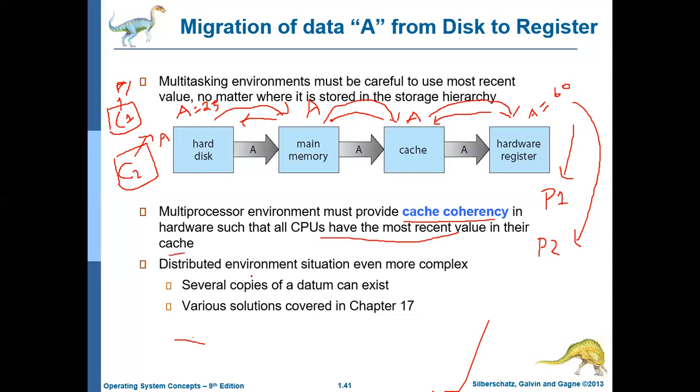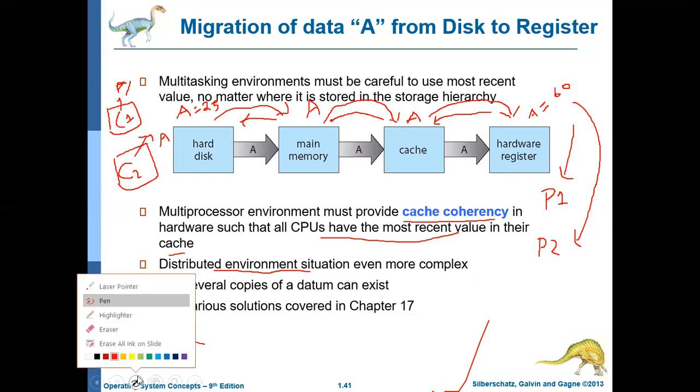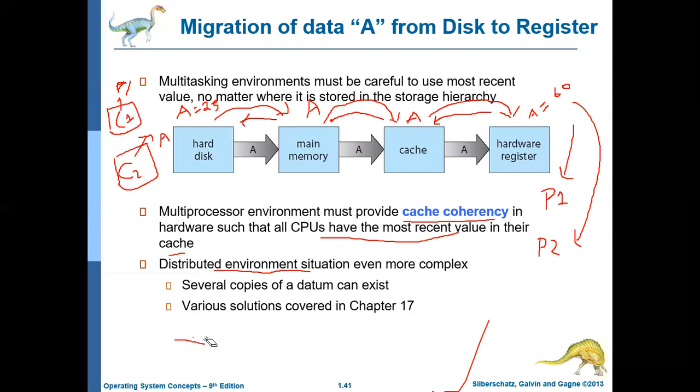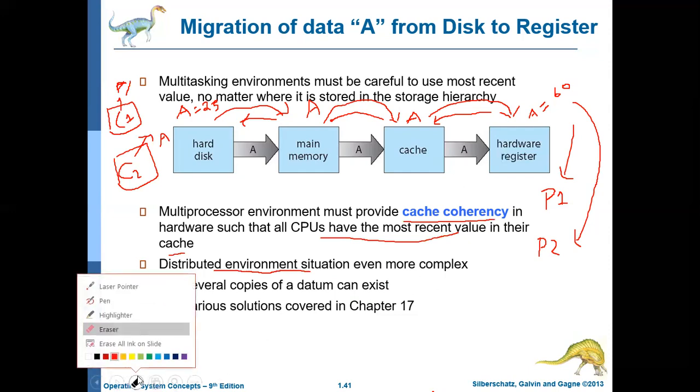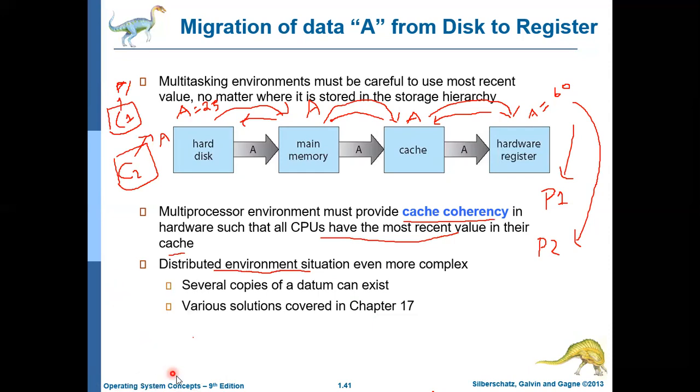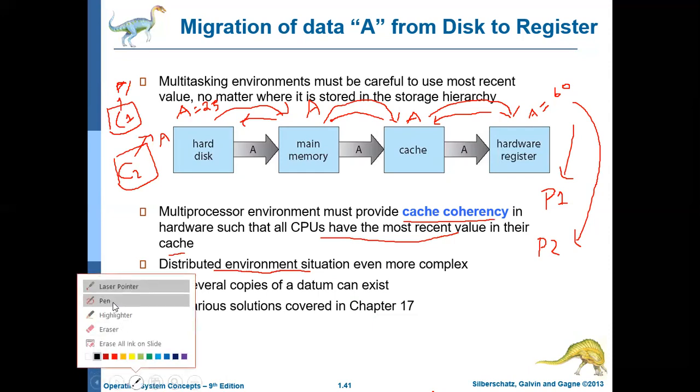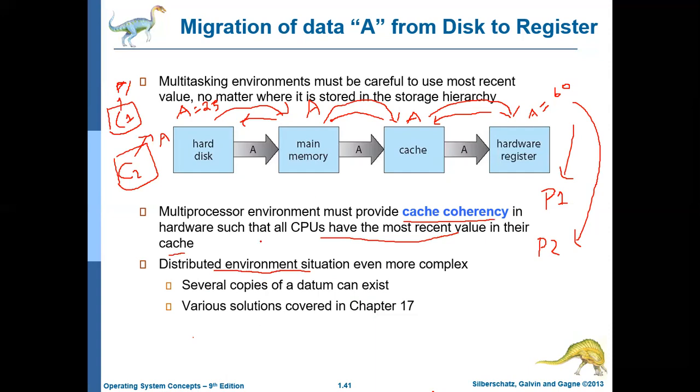In a distributed environment like a clustering system, dealing with this cache becomes an even more difficult problem. It adds more complexity. So what is a clustering system? In a clustering system you have different physical systems clustered together. If there is a shared variable like A, and one of the systems modifies A, then it should reflect in all the other systems also. So this is about cache memory, right?